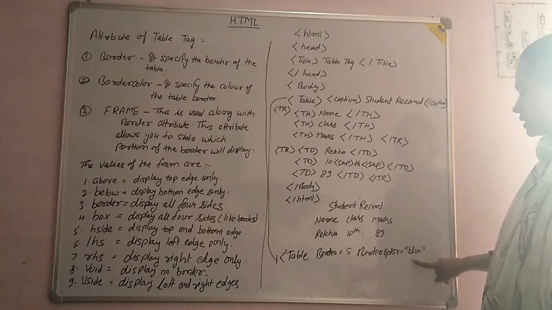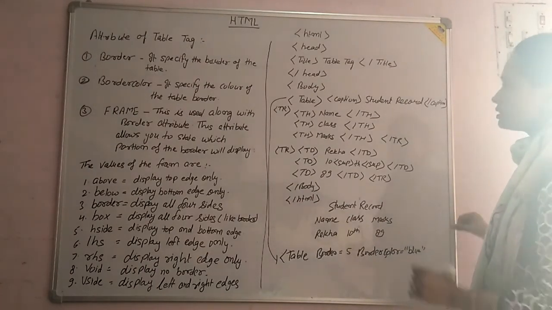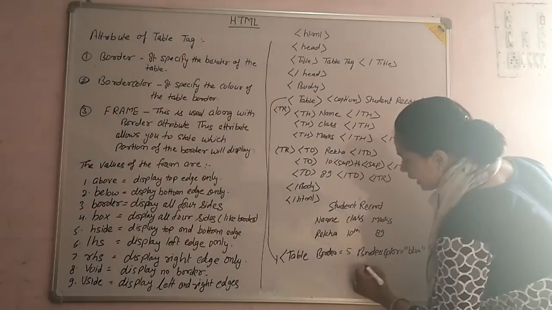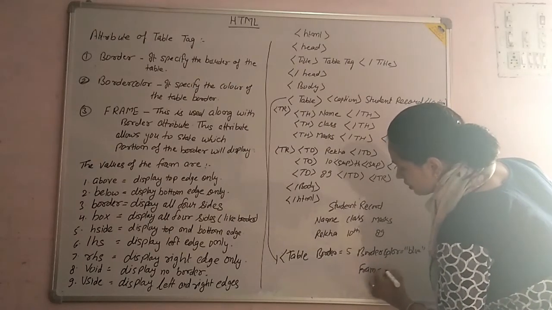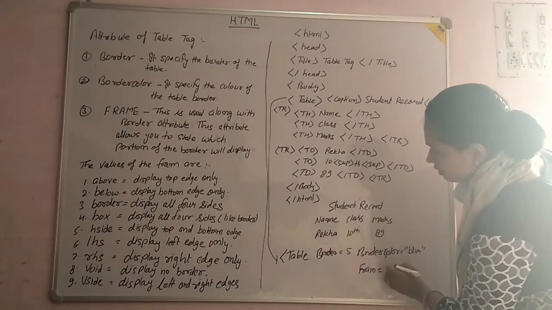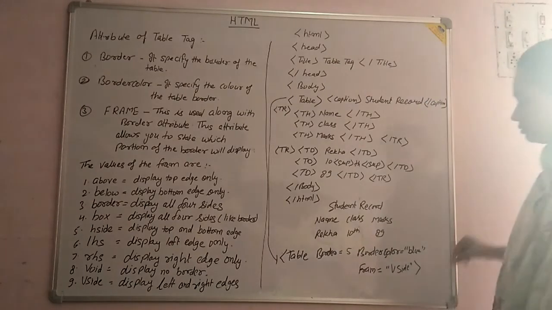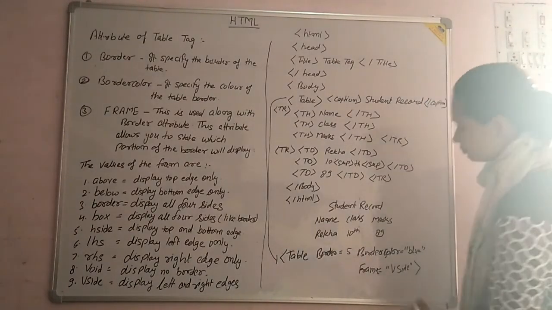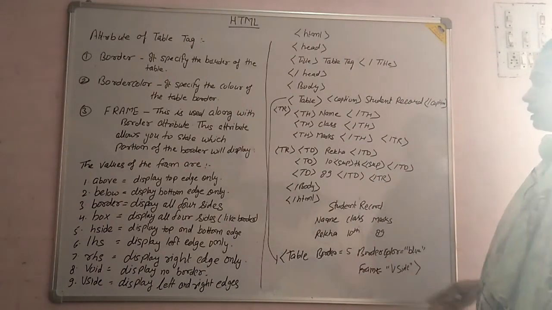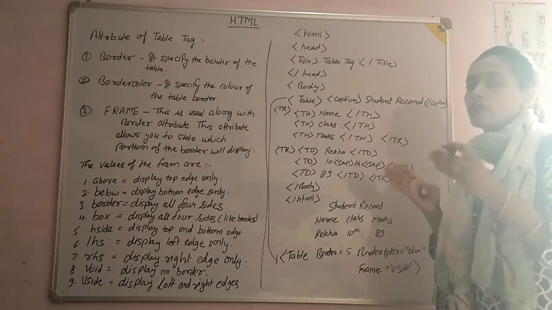Remember, you always pass this string as text in between the double quotes. Next one is frame. We will write it in the table tag, like I am giving only one frame, like LHS, or V side. So we are passing three types of attributes of the table, and you can see the result better on the computer screen.